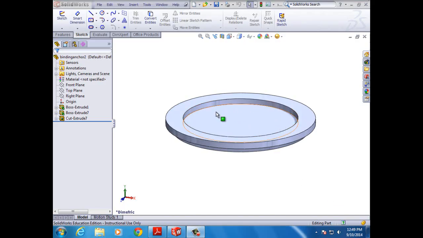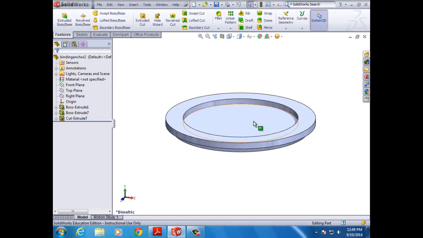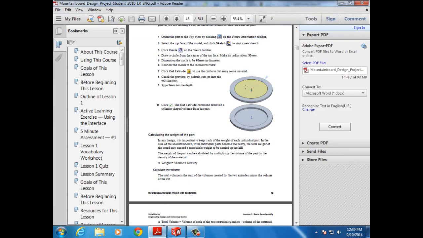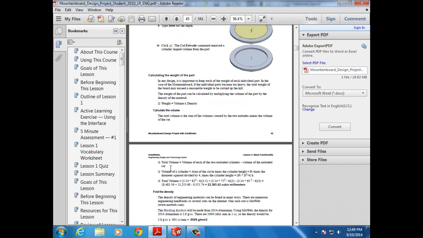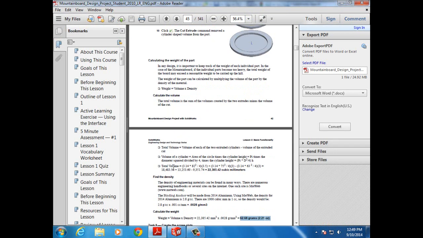Okay, you see that we had this extrude cut in here. All right, so that is all to our satisfactory dimensions. So we have this part. The next section talks about calculating the weight of the part. We calculate the total volume with all our measurements. It gives us the answer. It shows all the measurements that we use in here, all around it, and it gives us a total volume of